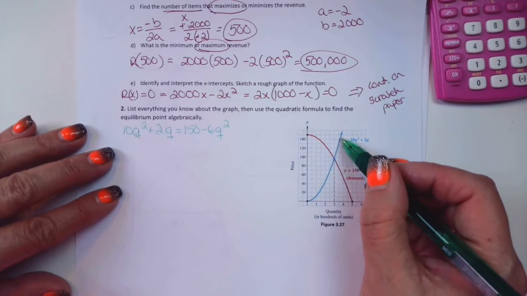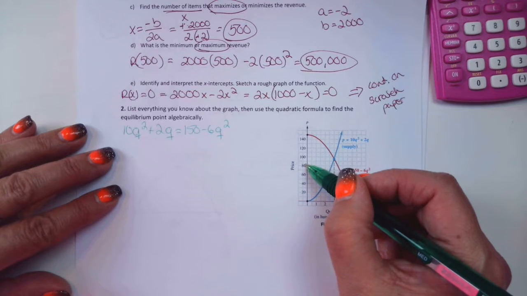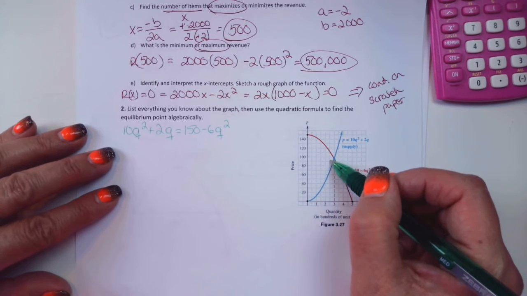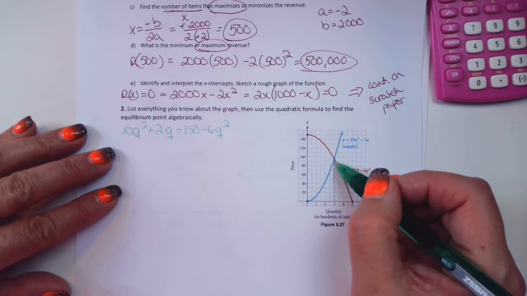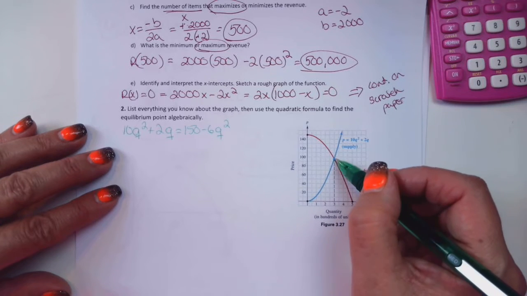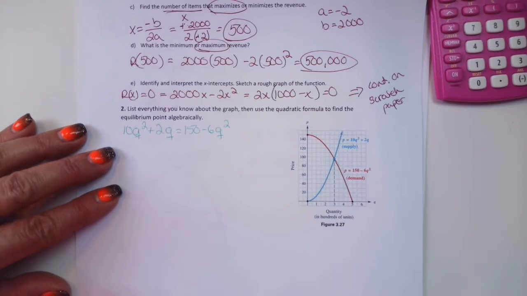So if we go to the left of that equilibrium point, that means that we have less supply than demand. And then when we reach that equilibrium point and go to the right, it means that we've got more supply than demand. Okay, so let's find